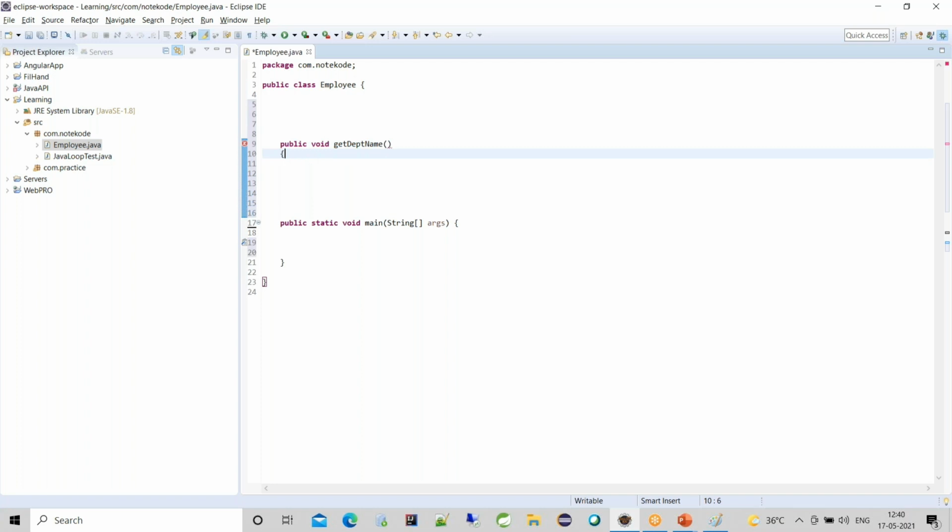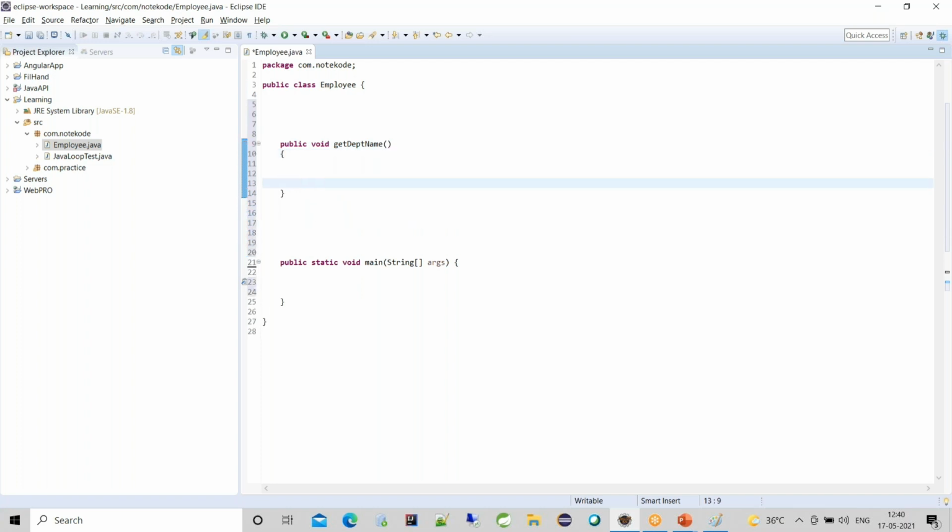So every employee will be working in a certain department. So I've created a department name method, and inside that I'll create a department name variable. Let it say R&D department.